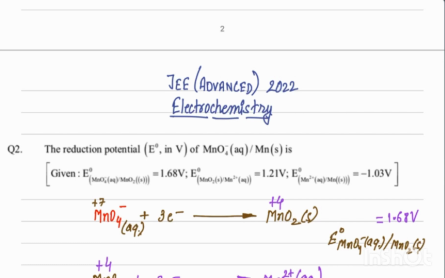We are going to discuss a question from JEE Advanced 2022 Paper 1, from the electrochemistry chapter. The question asks for the reduction potential E0, in volts, of MnO4 negative to Mn solid. We are given E0 from MnO4 negative to MnO2 solid as 1.68 volt, E0 of MnO2 solid to Mn2 plus aqueous as 1.21 volt, and E0 of Mn2 plus to Mn solid as minus